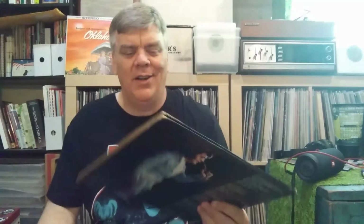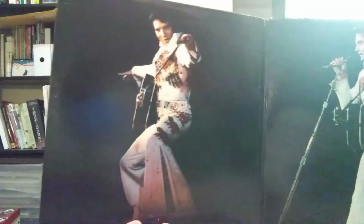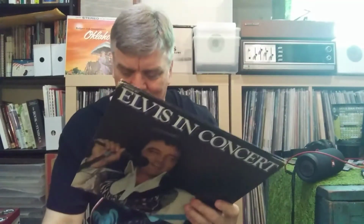So you see the label, RCA and Elvis Presley's team. They're not showing you photos of him right at the very end when he did not look his best. They're using earlier images that were taken about a year beforehand. Anyway, this is a great record. Stoked to get this, and because it was sealed up,